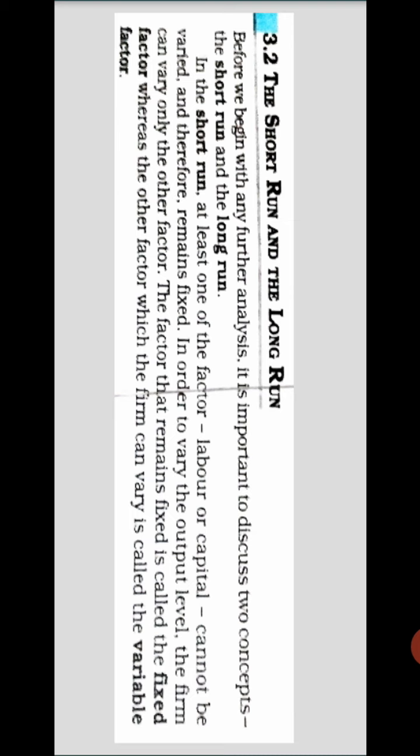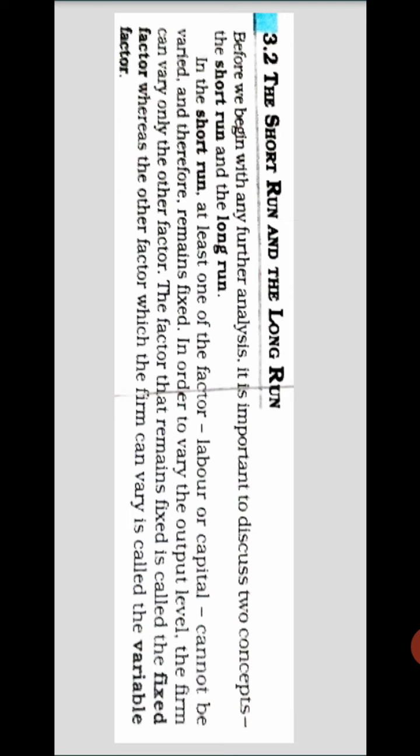Example, when you are working on a field, the property, the land that you have in the short run, it will remain fixed. It is not going to change. Are you able to change the size of the land? No. So imagine you are a farmer working on that field. The field measurement is 1 acre. In the short run, in 1 year, you are not able to change the size of the land at all.